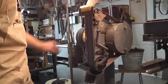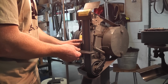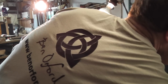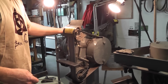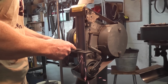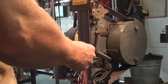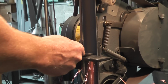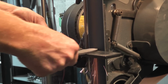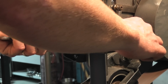So if we just turn that off, I'll put on my little tool rest, and I'll just show you how it will chew a bit of steel off. So I'll turn it back on again, and we'll just show you how good it is. Cut a nice little curve on there. If I wanted to cut in a nice square shoulder,